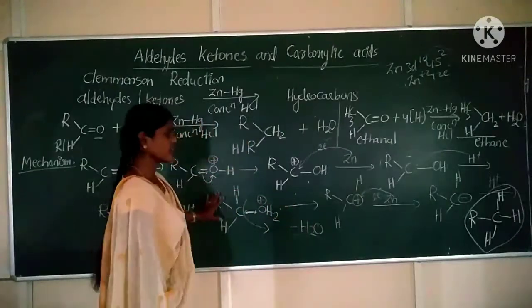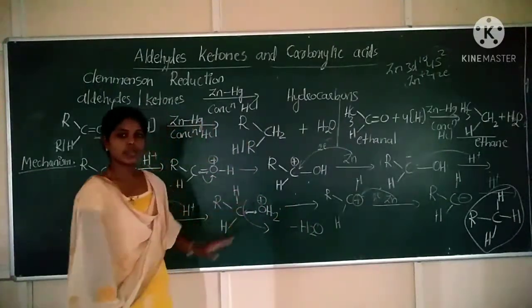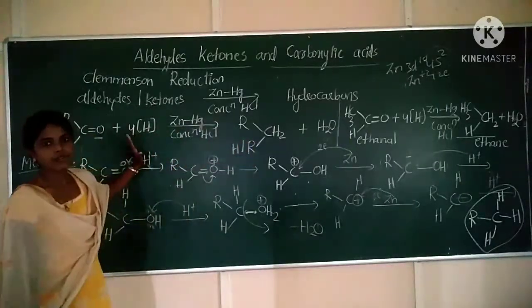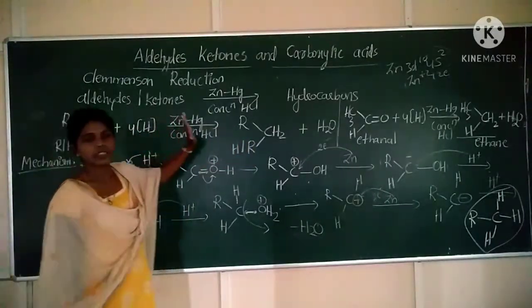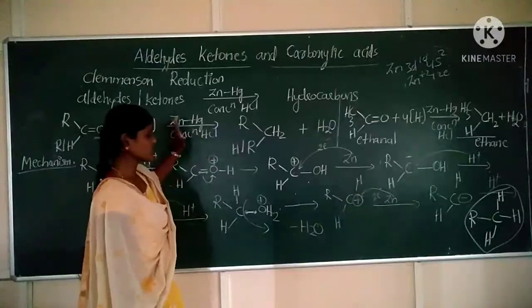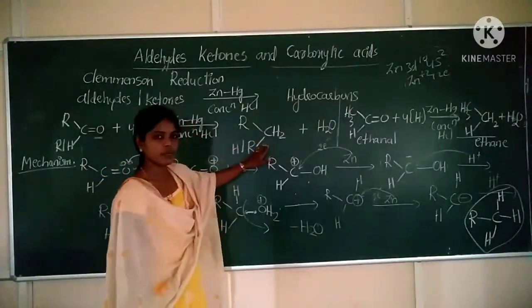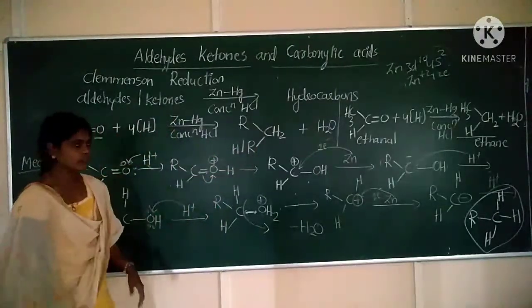This is not needed for your examination. Just remember the reaction: aldehydes and ketones plus hydrogens in presence of zinc amalgam and concentrated HCl are reduced to form hydrocarbons. How the hydrocarbons are produced means these are the